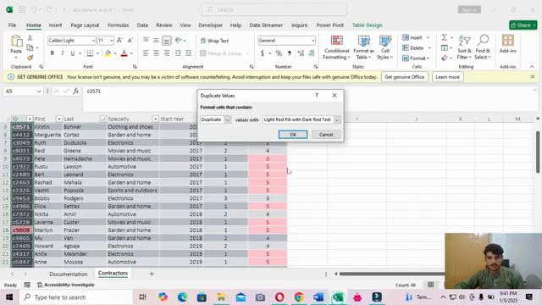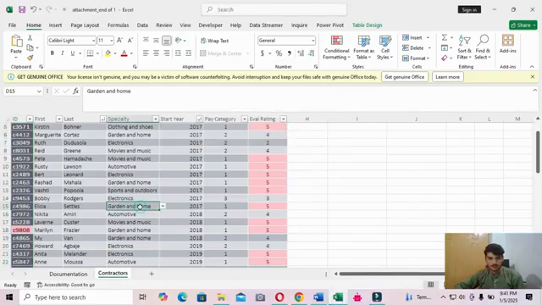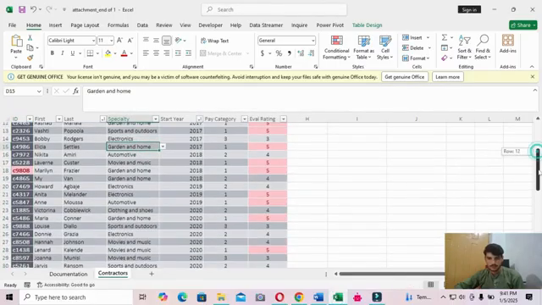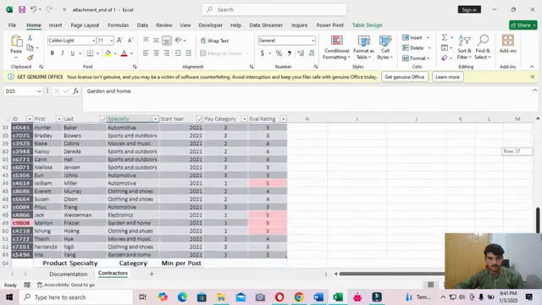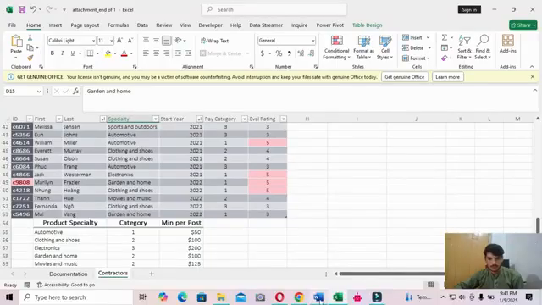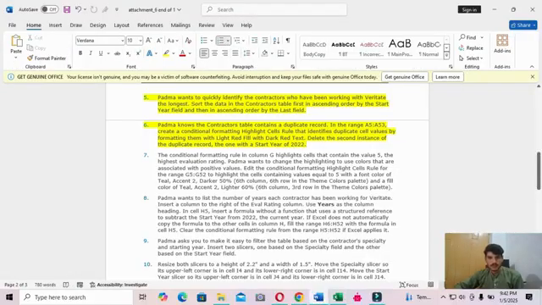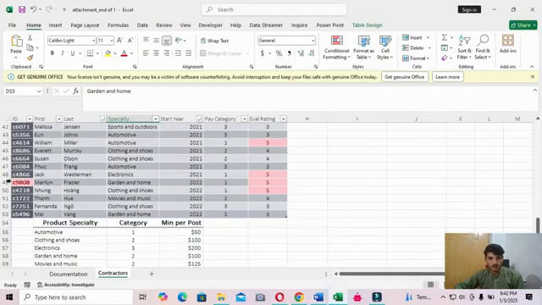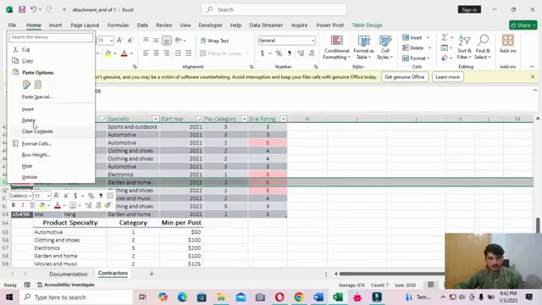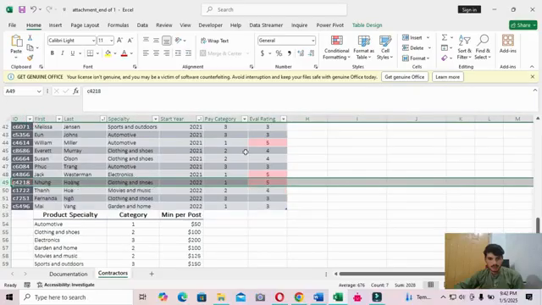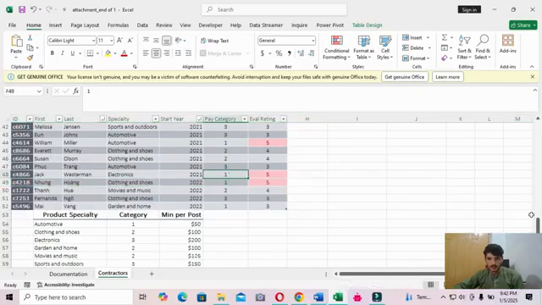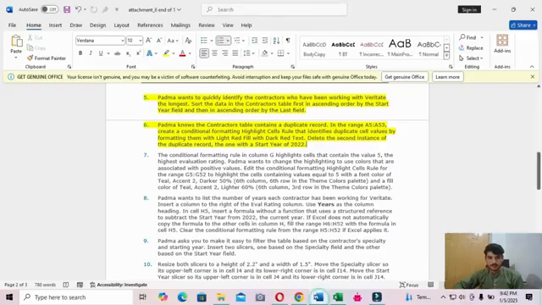Okay, click OK. And then delete the second instance of the duplicate record, the one with the start year of 2022. Okay, and then delete. Okay, next step, step 7.